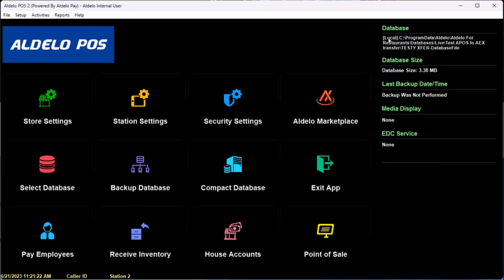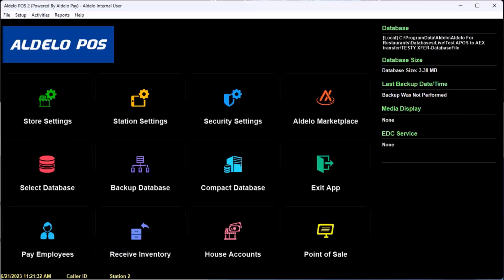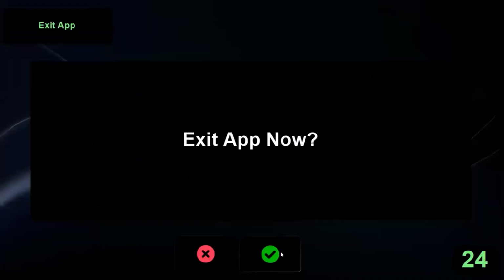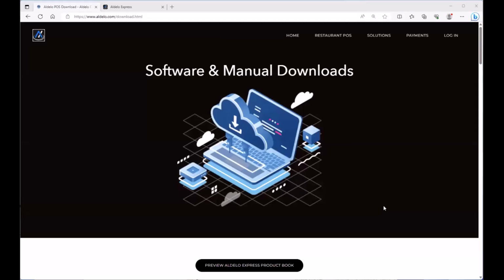So like I said, you just make sure that the database is on a local network or a local drive here. And once I confirm that, I'm just going to compact the database real quick. And then I can exit the software now. And as mentioned, you want to exit from the client stations as well. Yeah. And then from here, you just need to go to